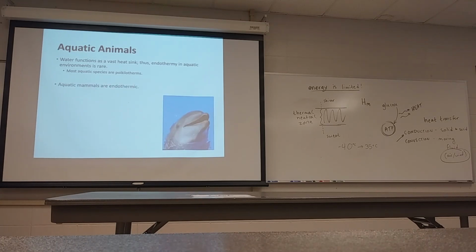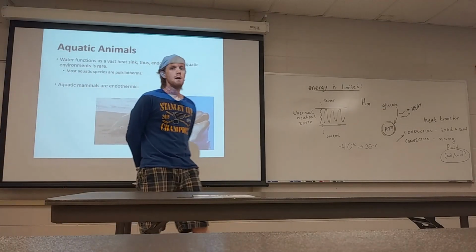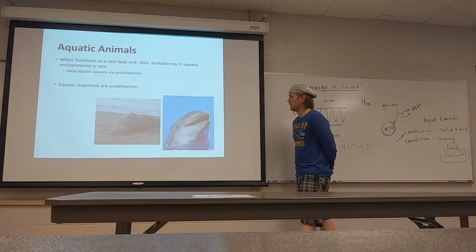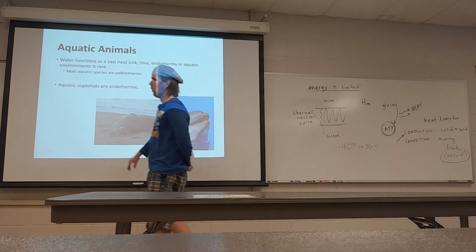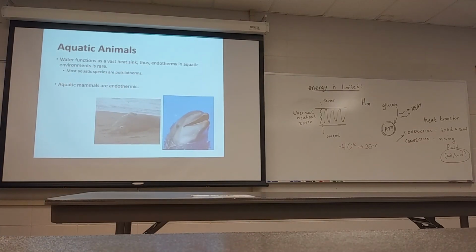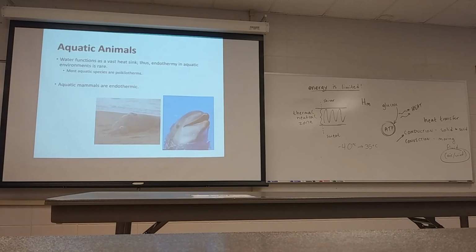However, dolphins, whales, seals, sea lions, etc., they're mammals, and so they are still endothermic, right? They have ways of dealing with cold, so many of these species will live in cold water environments. It's layers of fat or layers of thick fur, but it's usually layers of fat called blubber that help these guys tolerate cold temperatures.